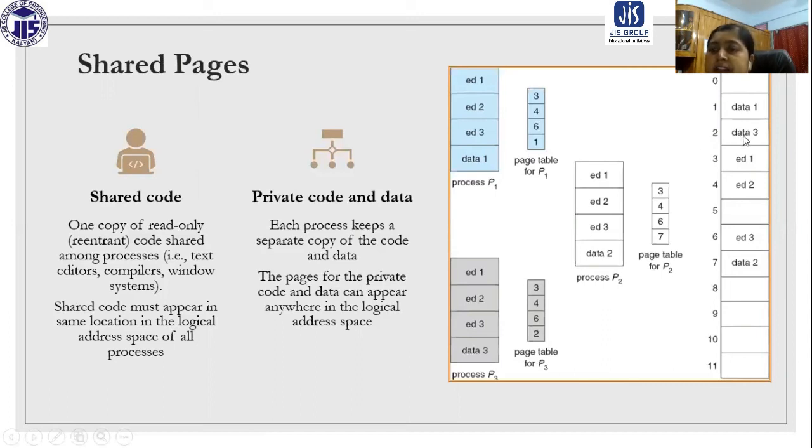Data 3 is only accessed by process 3, and data 2 is only accessed by process 2. So frame number 1, frame number 2 and frame number 7 are not shareable. Only the corresponding processes can access them. So in this way, using the paging technique, we can easily implement shared pages.